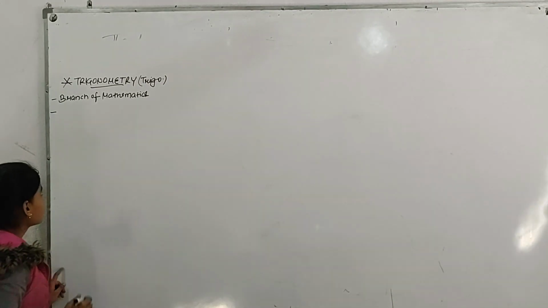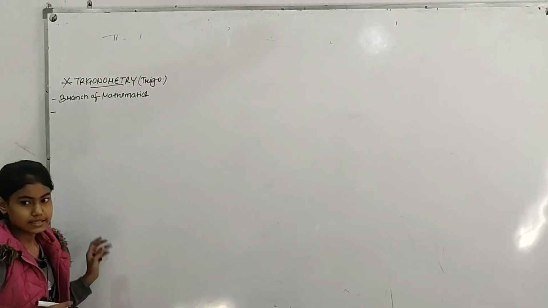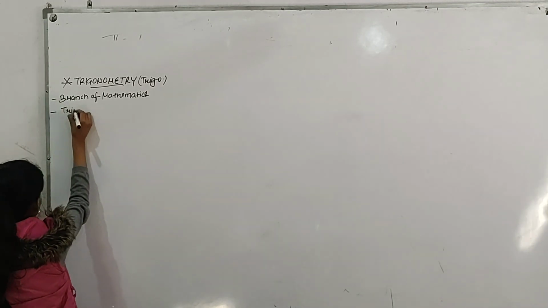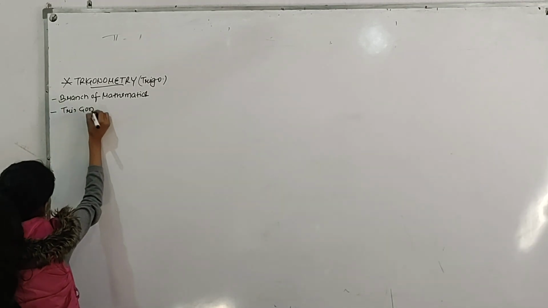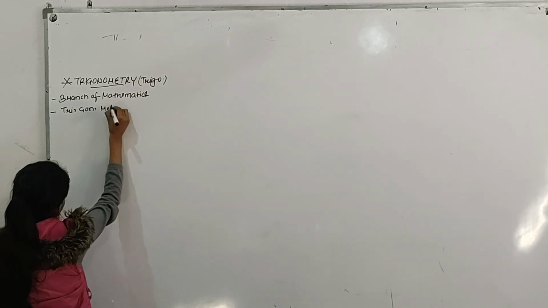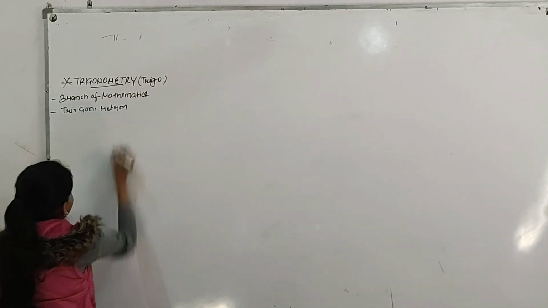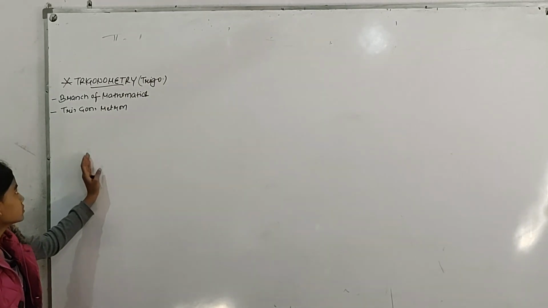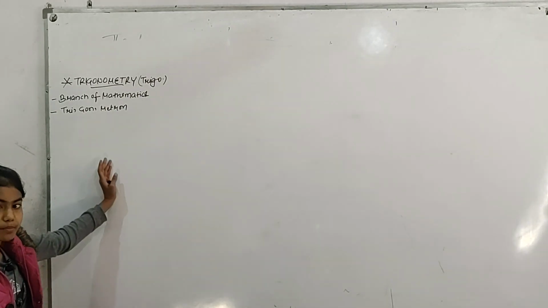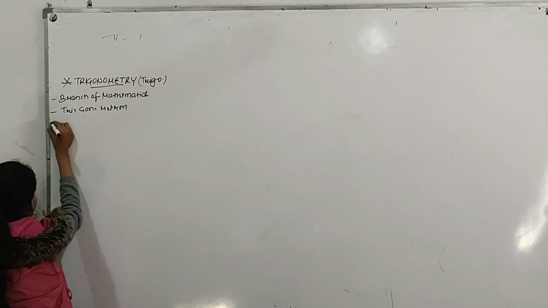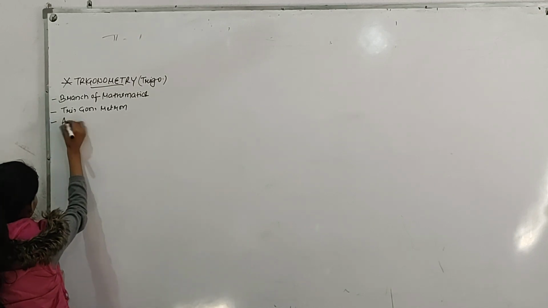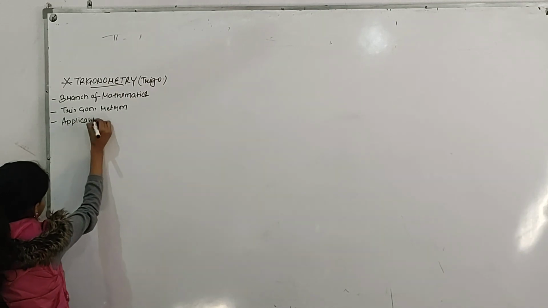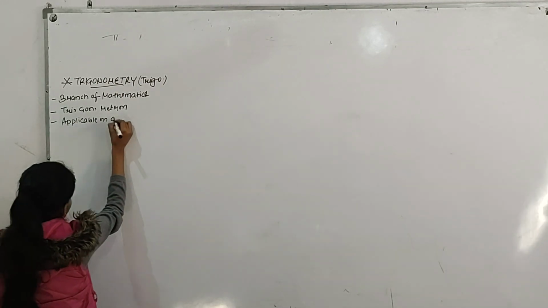Another thing about trigonometry is that it was derived from some Greek words, which are trigon and metro. The meaning of trigon metro is three sides measure. So we can say that trigonometry is also the measure of three sides. Now next, it is applicable on a right triangle.